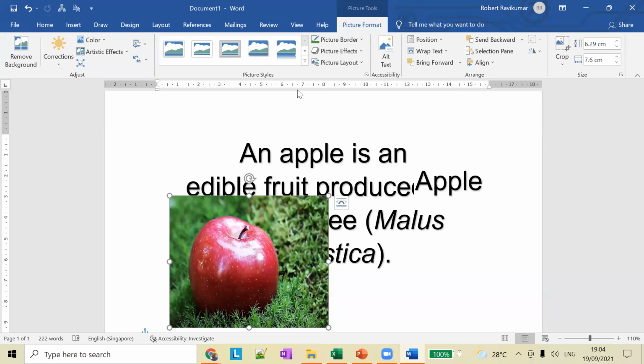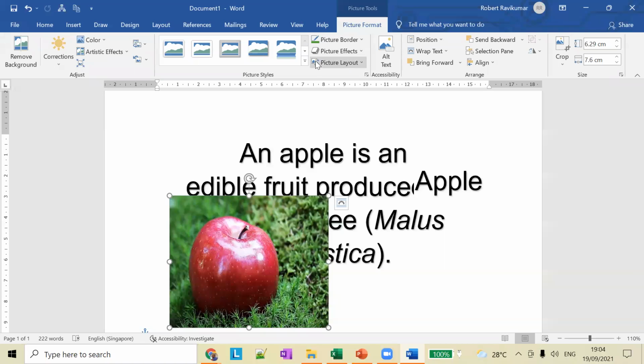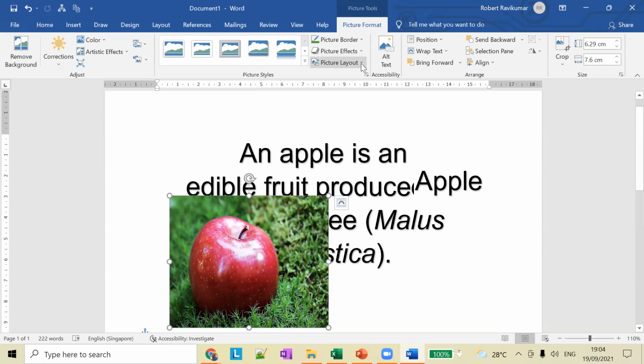In picture formatting there are a lot of options available. These are all very in depth, so we're not going to learn about everything. We'll go to the next topic: how to create your own pictures. Align left, align right.